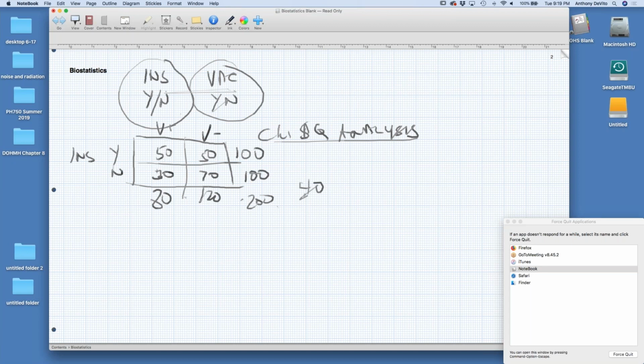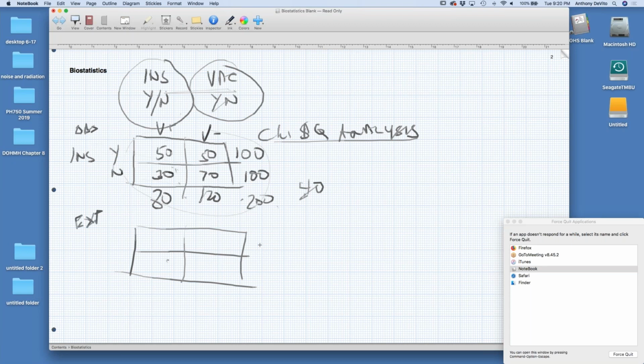There's a different rate for people who are insured versus uninsured, but now we have to determine whether that difference really is just due to chance, or whether in the whole population you really are more likely to get vaccinated if you're insured. So the way we do that is we set up another contingency table, except this one, we take our values here, which are our observed values, and we create a new table called our